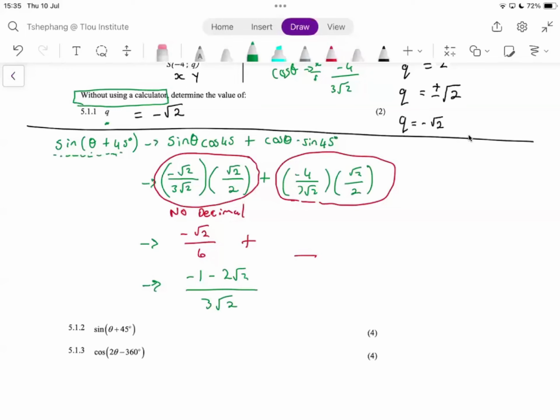Okay, so there's a question in the chat. The x and y values in the third quadrant are always negative. Yes, they are negative. Think of a Cartesian plane, an xy plane. This is the origin, O. When we go to the right, we're increasing. So this is positive 1, positive 2, positive 3. When we go up, we're increasing positive 1, positive 2, positive 3, positive 4. When you go to the left, 1 negative, 2 negative, 3 negative. When you go down, 1 negative, 2 negative, 3 negative. So these ones are negative and those ones are also negative. Okay, and that's how we deal with 5.1.2.